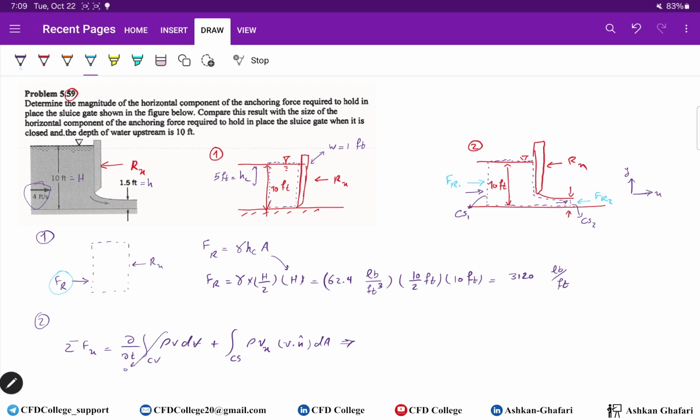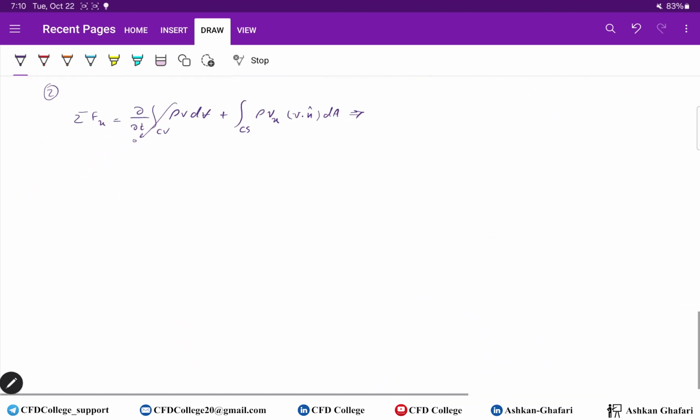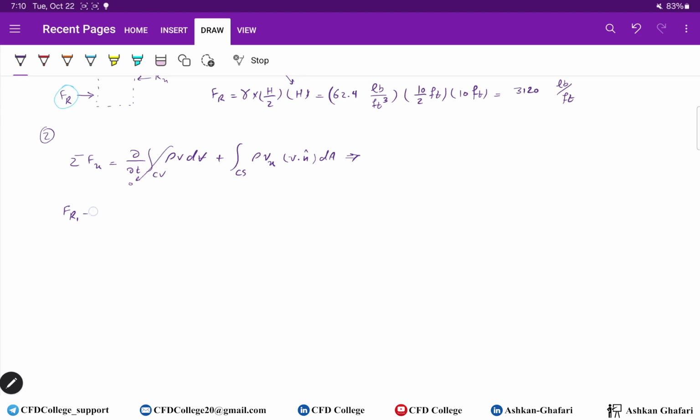We have inflow at the left, we have outflow at the right, and we have Rx. That's it. So we have three forces. Let me start from here. Fr1, which is in parallel to x, and Fr2 and Rx are in the opposite direction, so minus Rx minus Fr2, there is no friction. It's equal to